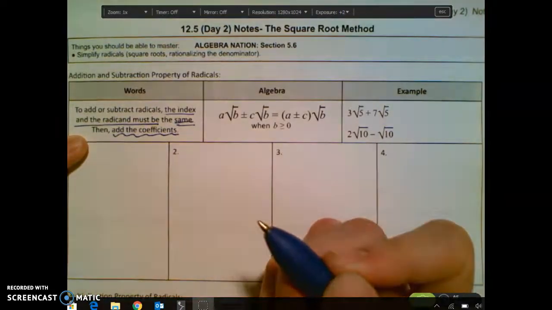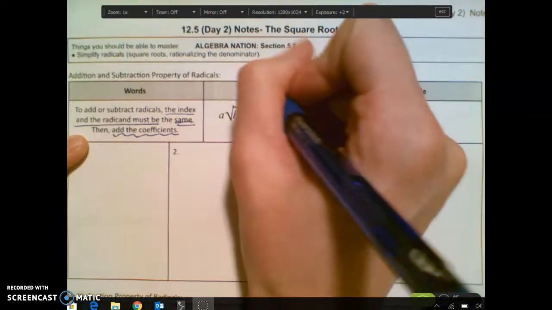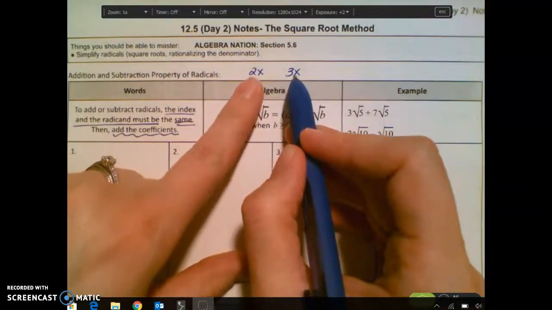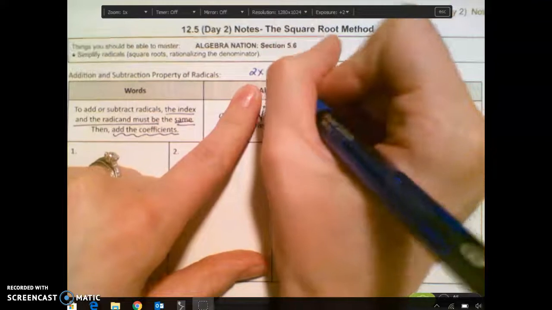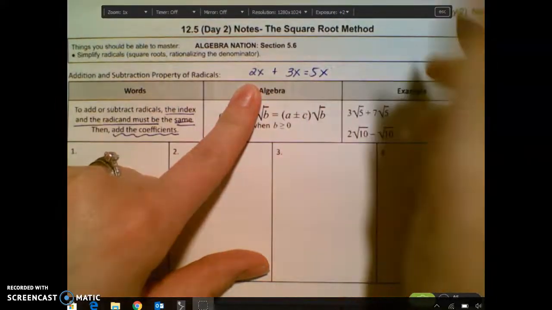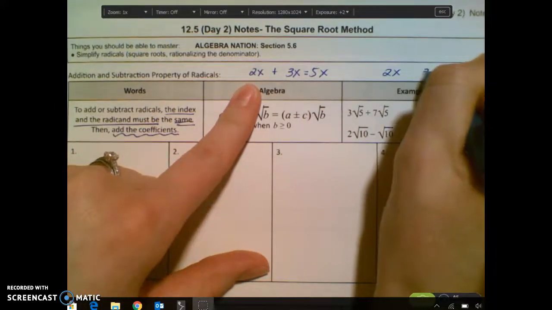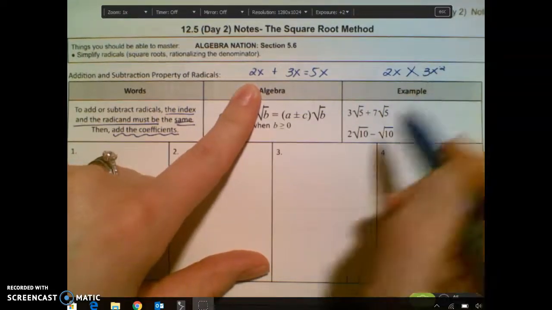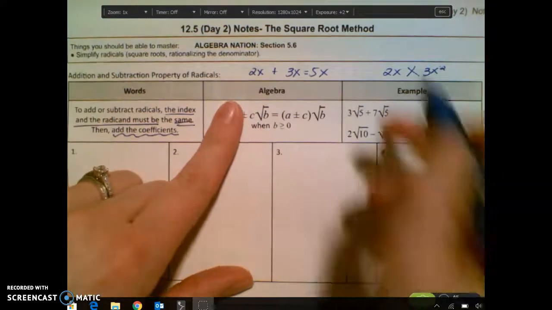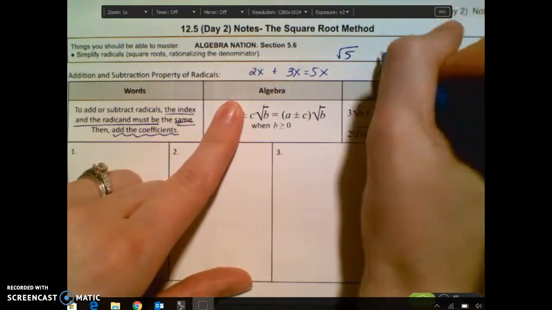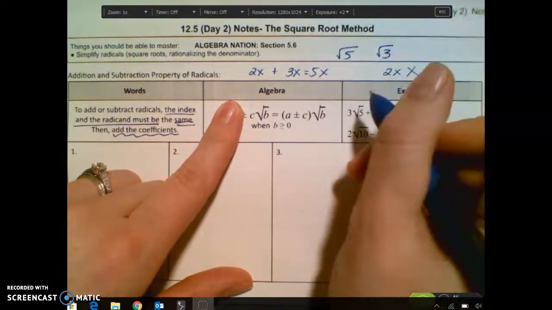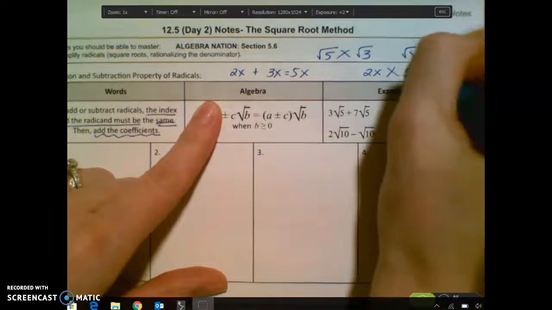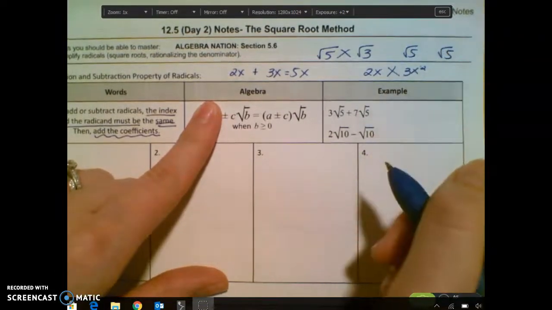So this is actually a lot like combining like terms. If I have 2x and 3x, those are like terms because they both have an x. I just add 3 plus 2, and that gives me 5x. But we know that 2x and 3x squared cannot be combined because those are not like terms. Very similar with radicals. If I have the square root of 5 and the square root of 3, those are not like terms and cannot be combined. But if I have the square root of 5 and the square root of 5, then I can use this